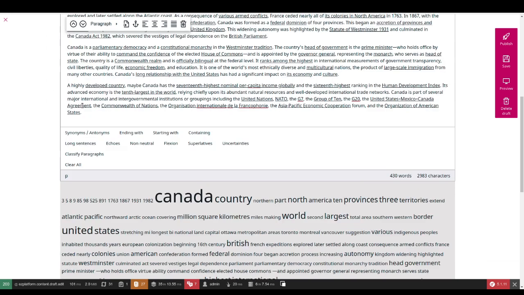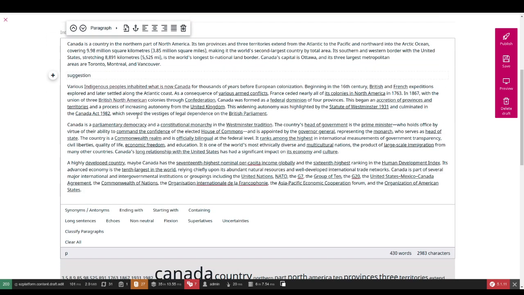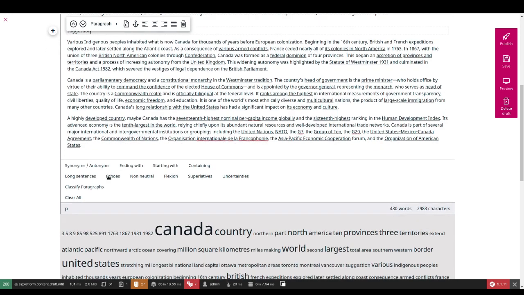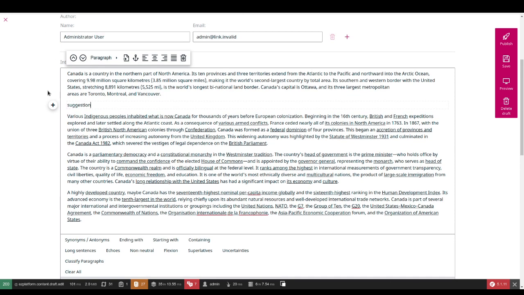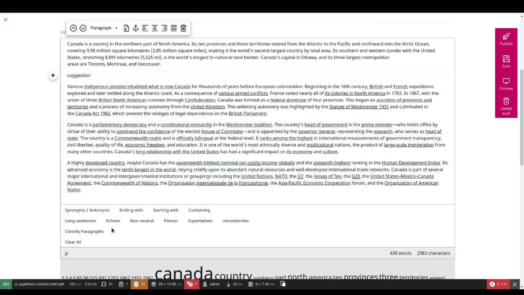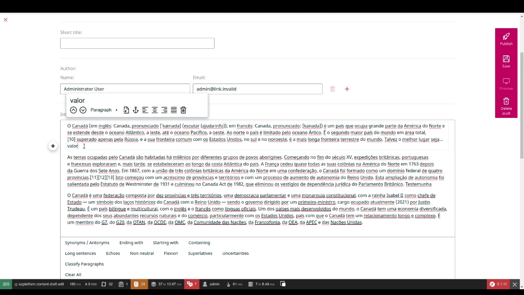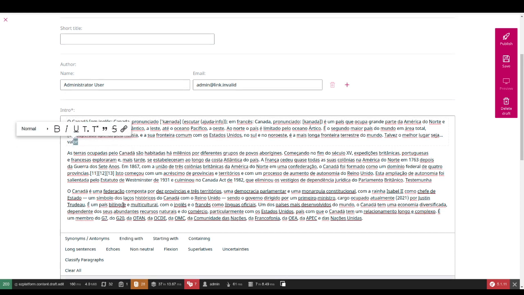We also have some other features. So the second part of this extension that we are going to check are those features here: synonyms, antonyms, ending with, starting with, and containing. So this is also working for both